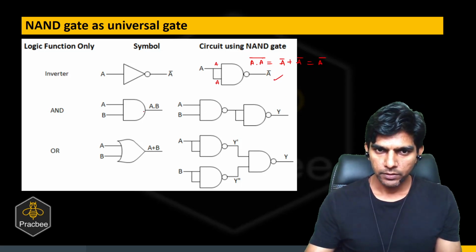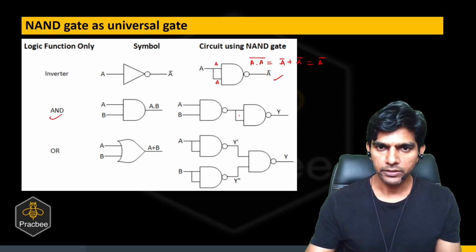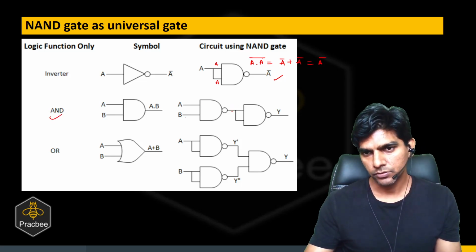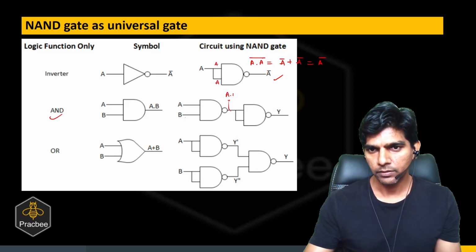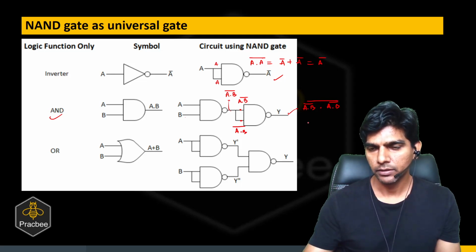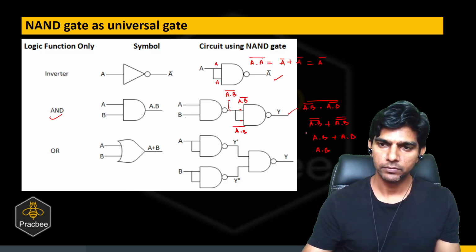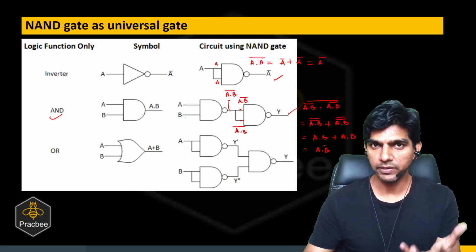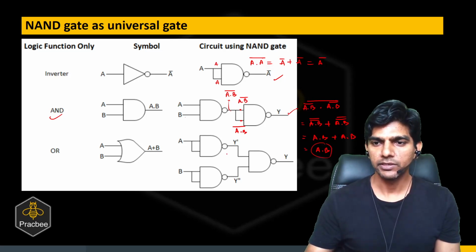Similarly, if we use two NAND gates like this, we can form an AND gate. So let us see. So A and B. The output here will be A multiplied B bar. So here we have A multiplied B bar. Here also the input is A multiplied B bar. And here we'll get A multiplied B bar multiplied with A multiplied B bar, whole bar. So this is nothing but A multiplied B double bar plus A multiplied B double bar, which is A multiplied B plus A multiplied B, and which is again nothing but AB. I hope it is clear. I have just used the rules that we have studied in Boolean algebra. So can you see this is nothing but the AND gate.